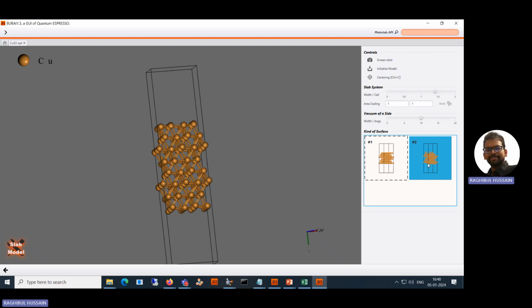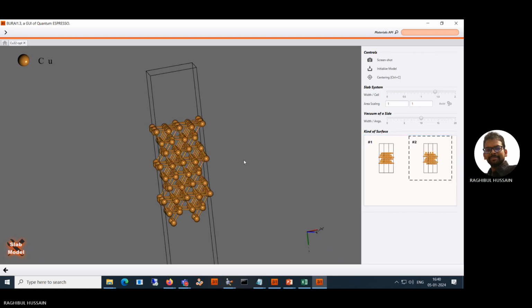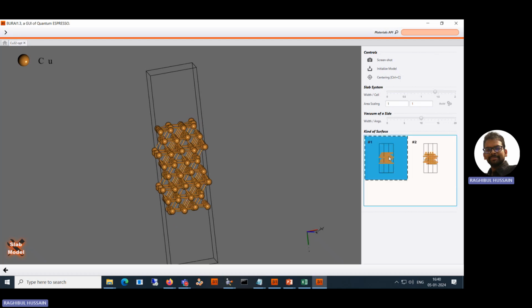If you select this one, it will go in just the opposite direction. It is the same. Like here in the top layer, you can see it is this way. Then it is showing this direction, and it is switching just the opposite direction. It is only the direction,